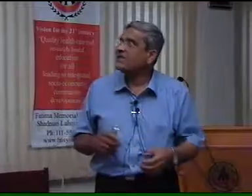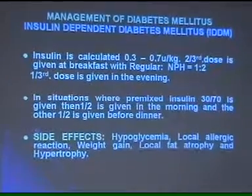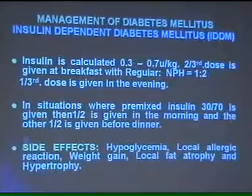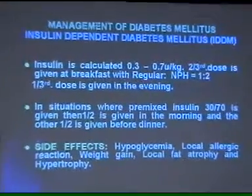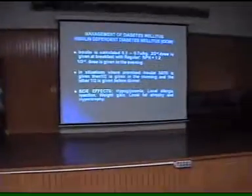Now we have to devise our injection strategy according to whatever happens in this normal human individual. In this situation, the best is that we calculate how much insulin is required by an individual. Mind you, it is calculated on the basis of 0.3 to 0.7 units per kilogram body weight. That is the recommended dose calculation. At this point, I would like to make another point, and that is these calculations may be very different because they are very much dependent upon how much resistance to insulin every individual has, and we all know that each individual is going to have a very different form of insulin resistance. But the rule of thumb is that between 0.3 units to 0.7 units per kilogram is how you calculate the